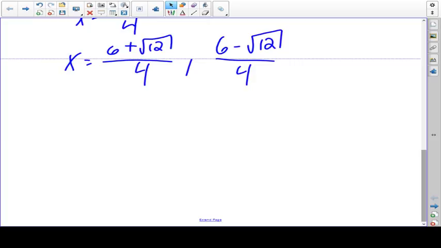It is important to do this all in one step, or to carry forward lots of decimal places on the square root of 12. We should only round to 2 decimal places with our answer. So if I use brackets here and go 6 plus square root of 12, and then I divide it by 4, I get to 2 decimal places 2.07 as one of my answers. My other answer is going to be